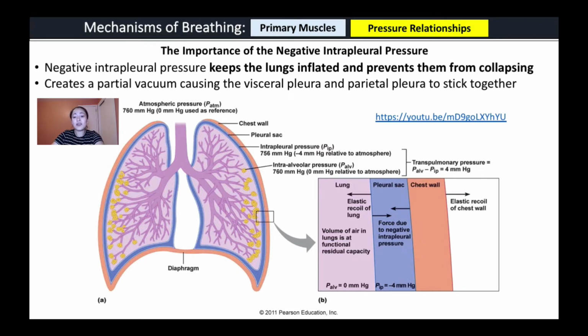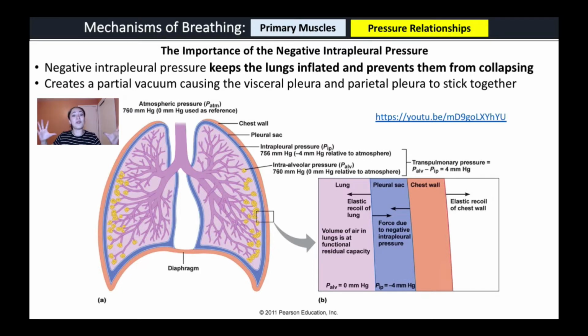And this is important because think about it. Your lungs, right here, are actually very elastic. So like a rubber band, when they stretch, if you let go of them, they want to recoil and go back and collapse. However, when my chest wall expands, just think when I'm breathing in, my chest wall is expanding. My lungs want to recoil, go the other way. By having this negative pressure in the pleural cavity, it actually keeps the chest wall and the lungs together